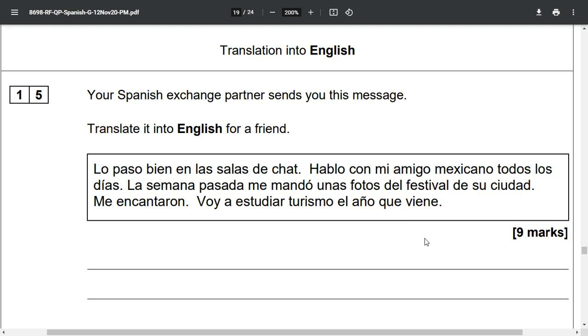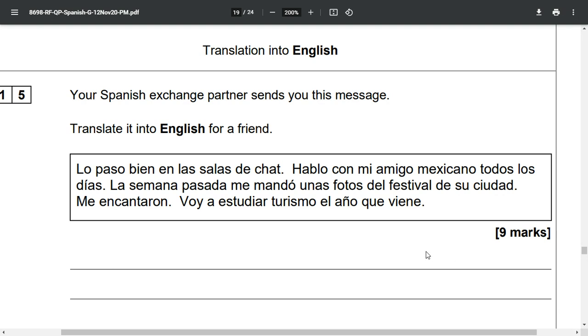So, key thing that can help with the translation is to focus in on which words you do know, so that you're able to take a better guess at the words that you don't know. And you can think about what would make sense in that scenario. So, for example,